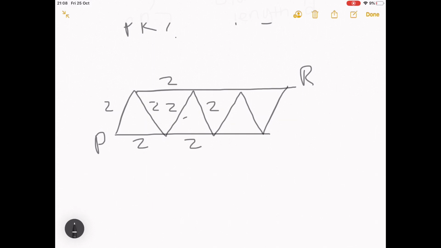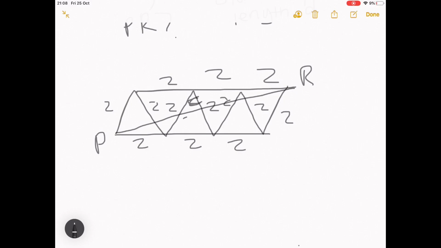So we're just going to label all the sides that we know as 2. And then we're going to draw a line from P to R. This is basically the line we want to figure out, so we'll call that X or C